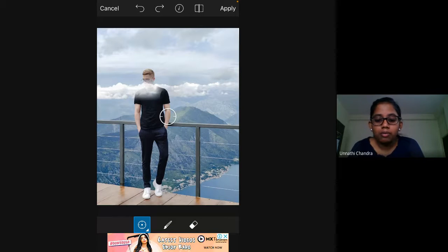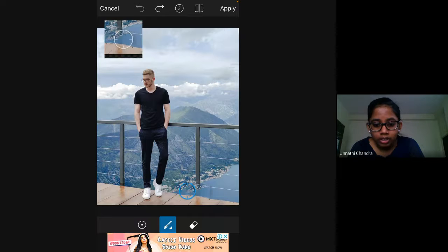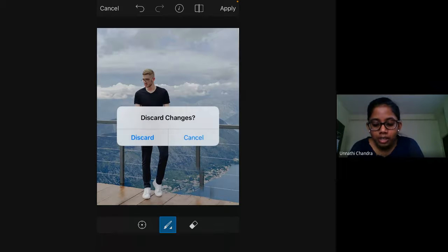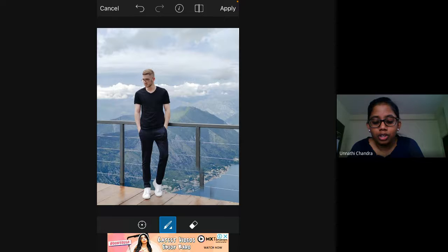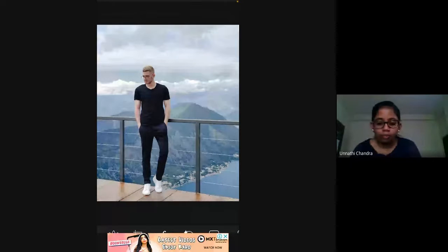And sometimes what happens is there is something in the background you want to remove. Let's say I want to remove maybe this railing at the back. I can select, it's a process. You need to select whichever background you want and then clone it gently. And like that, step by step, you can clone and remove and get rid of the background, the railing. So that's the cloning option. It comes really handy. You can use it to maybe fix the background of your photo.